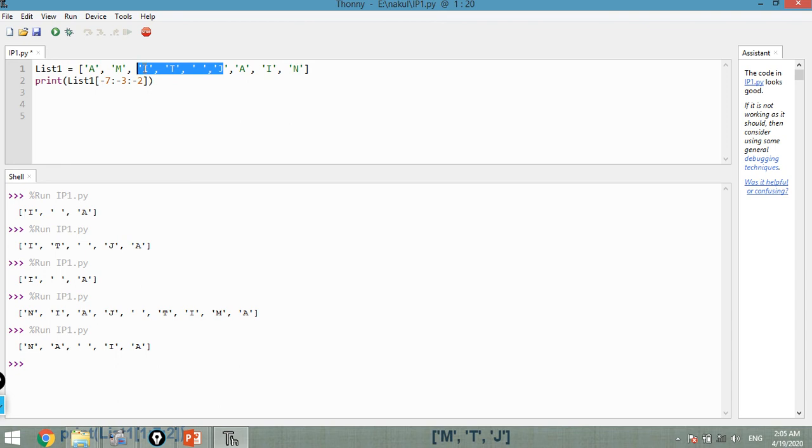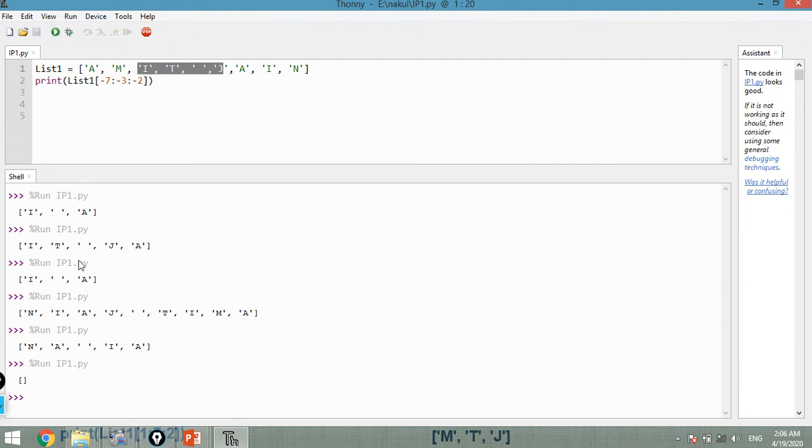It must result like I space, but we will see a different or empty result just because of the wrong selection of start and end with respect to the minus step.